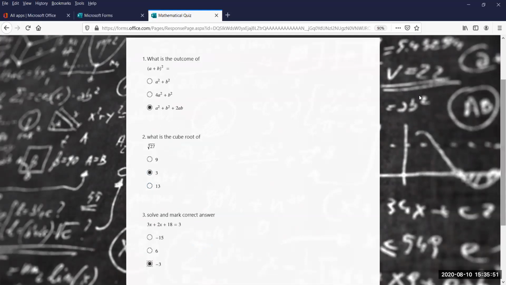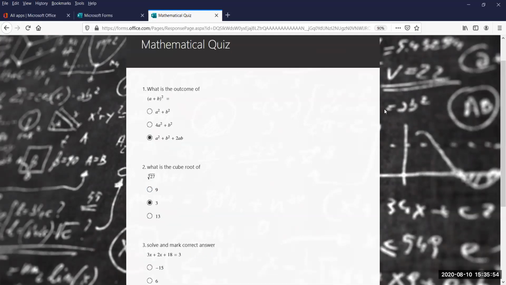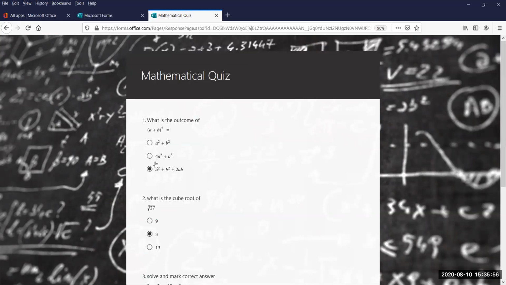Now, the magic here is what I have inserted in this form for the demo. The moment I select a wrong answer, you can see my next, second question is very simple, 2 plus 3. I need to select the correct answer. So based on my first response, the form is deciding whether I have the ability to go to the next complex question or to the easy question. If I select correct, it will take me to the complex one. If I select wrong, it tries me with the easy question.